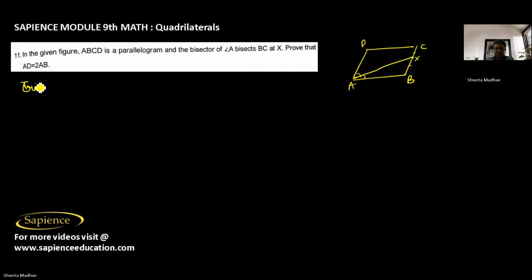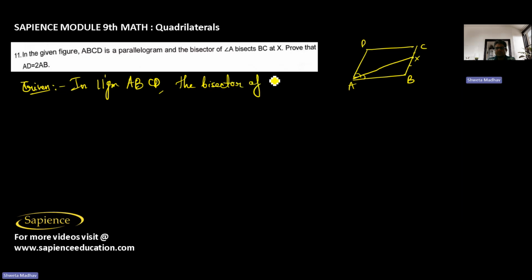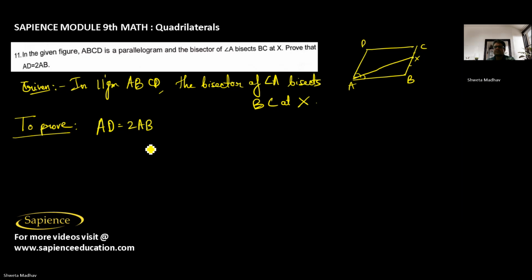It is given that in parallelogram ABCD, the bisector of angle A bisects BC at X. We have to prove that AD equals twice of AB. Then the proof is